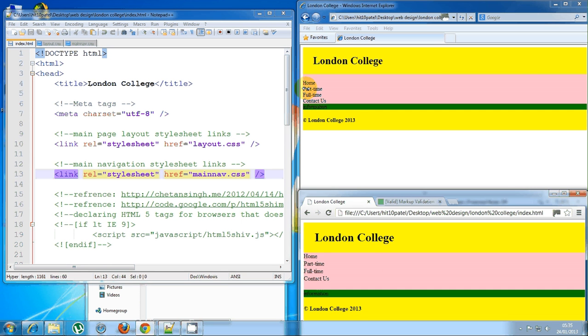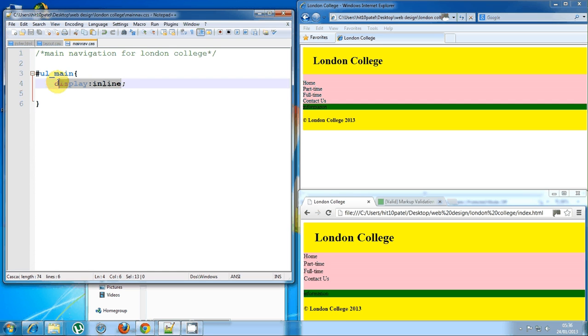Can you see what it's done? So it's taken the bullet points out. However, that's not what is supposed to happen. Let me just double check what's going on. Now, okay, I think I made a mistake. It should be margin is supposed to be 0